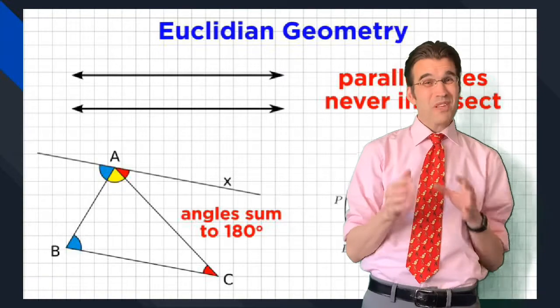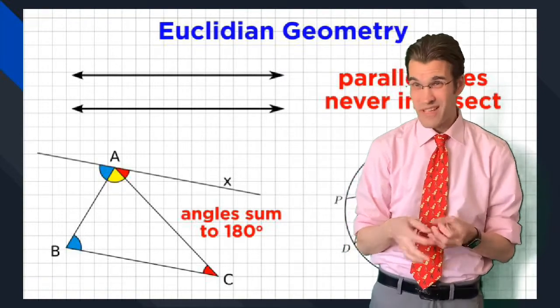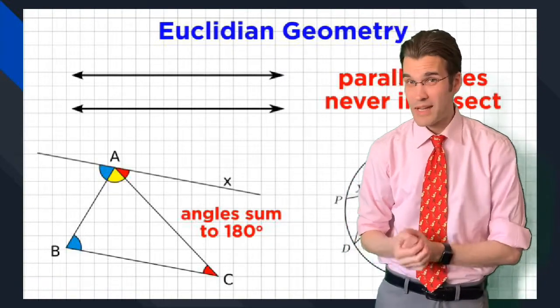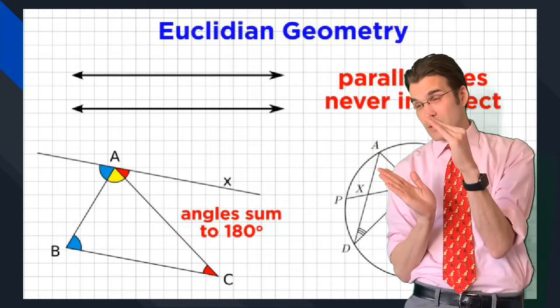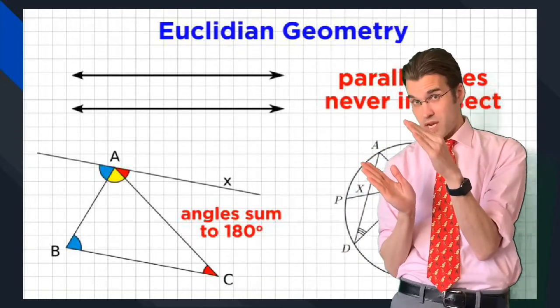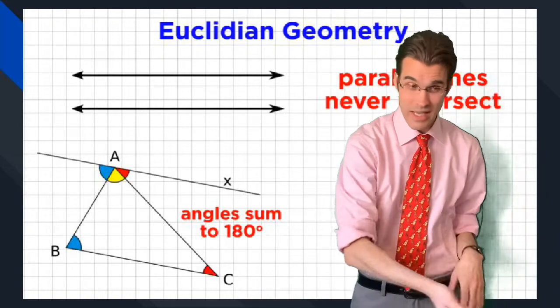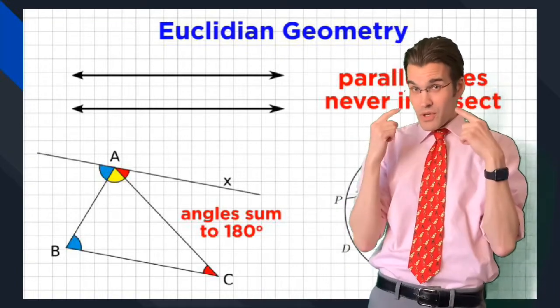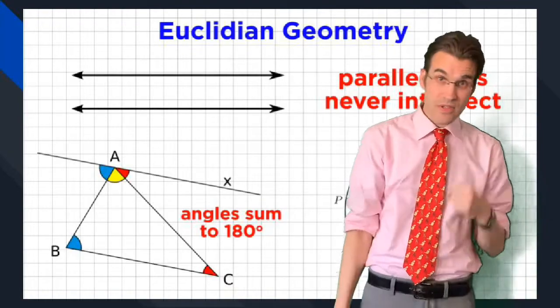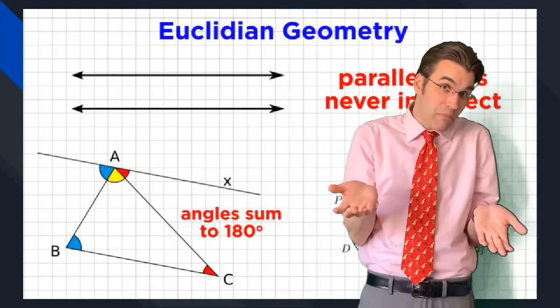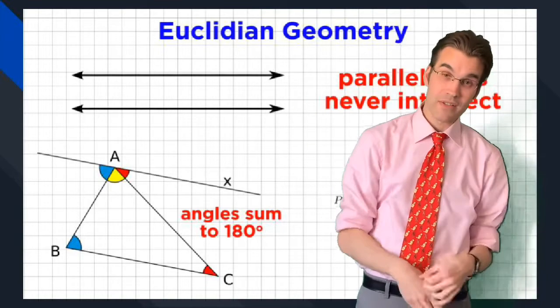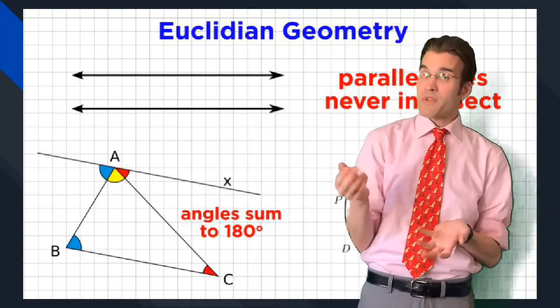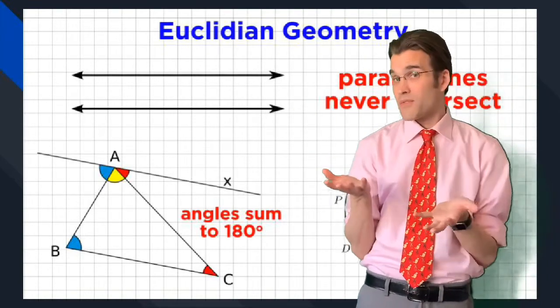Now, there's something called Euclidean geometry, and this is the geometry we do in class. This is the geometry that says two parallel lines will never meet, right? We talked about that. We had a lesson on that. Remember the two people that just had straight faces and they're walking along the lines because they never get to meet anybody? And then there's the divergent and the convergent, and they're happy and they're sad. Well, Euclidean geometry says that two parallel lines will never meet.